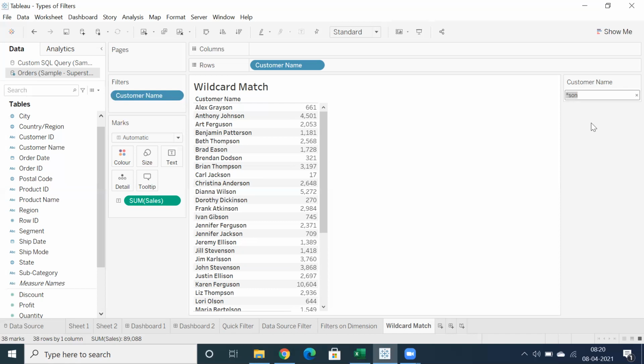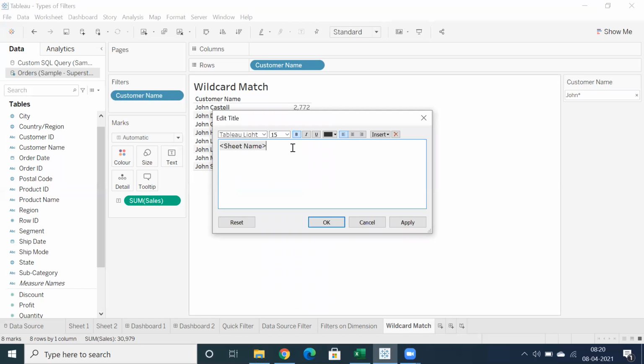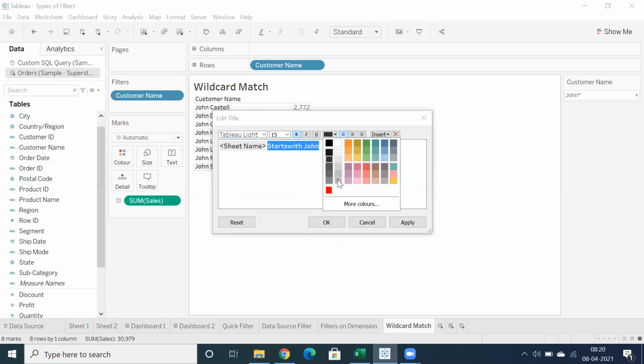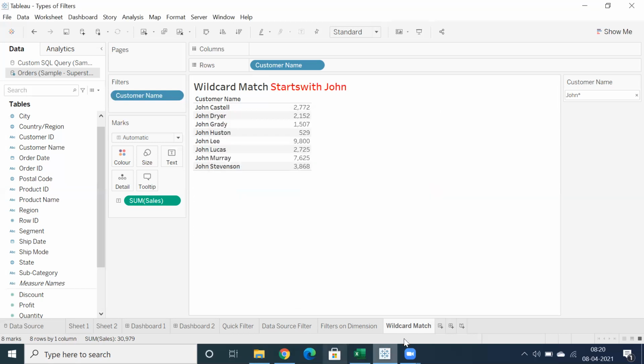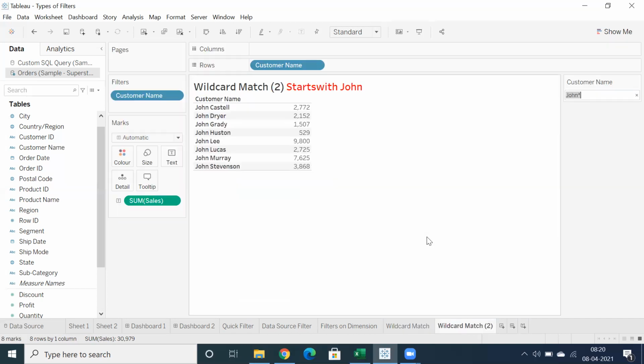So if needed, I'll use John star, which is starts with wildcard match. Starts with John. And let me duplicate this, and let me use ends with Sun. Star Sun.